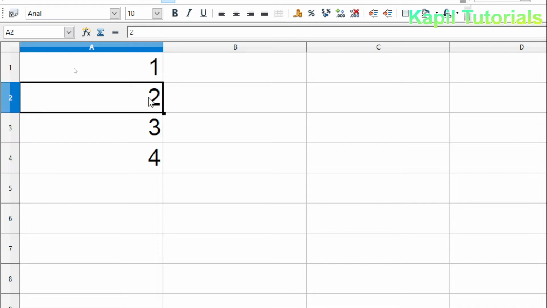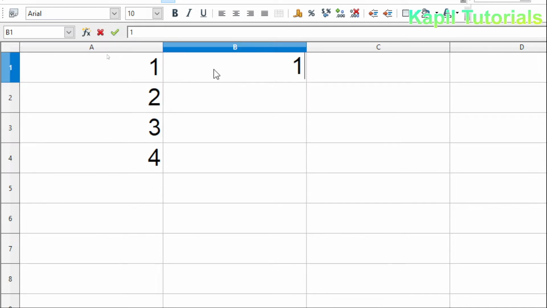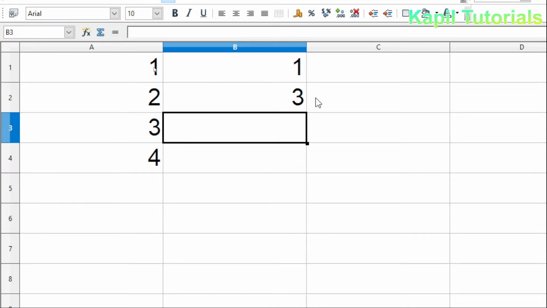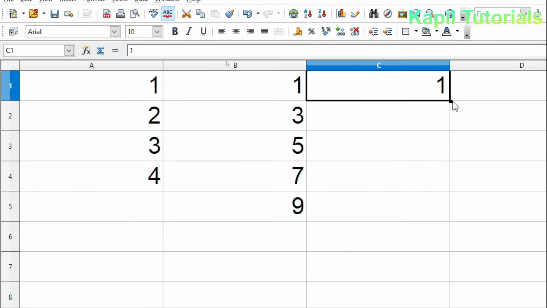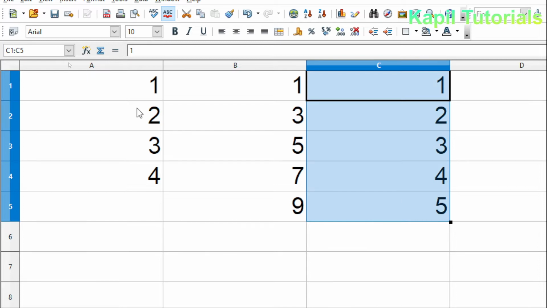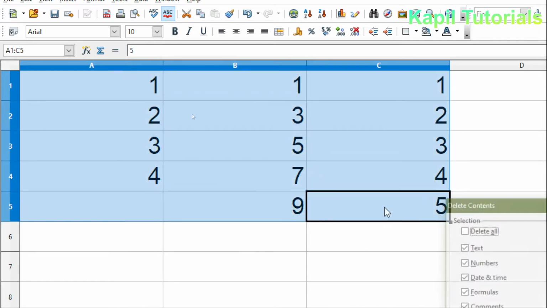The same way, if I write here 1 and then 3, and select both the numbers with the left mouse button and drag, you could see how it increases: 1 3 5 7 9. I hope this basic concept is very clear to you, how it increases in sequence.